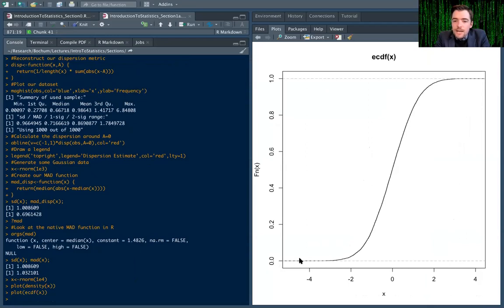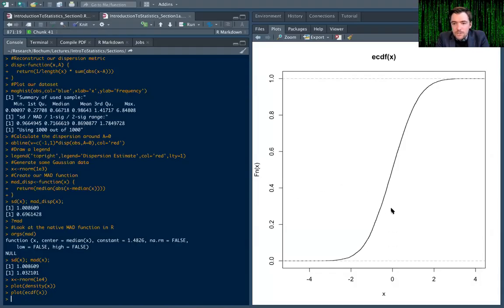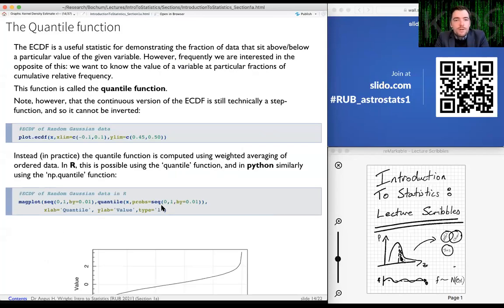Again, it looks more continuous now, and it basically describes the fraction of data that falls up to the value on the x-axis. So here you can see the peak of this distribution is around 0. And indeed, if you go to 0, you have about 50% of the data set falling below 0. One important thing to note